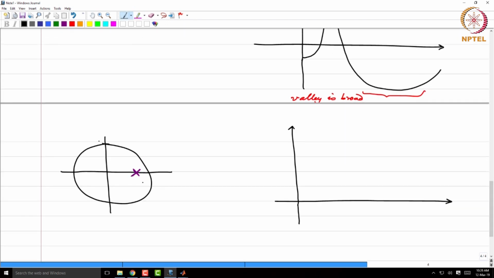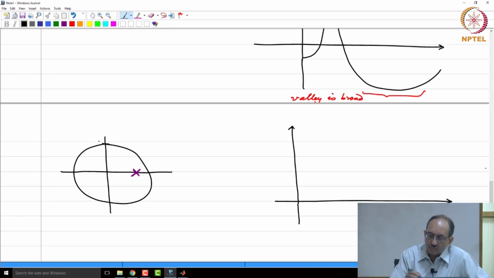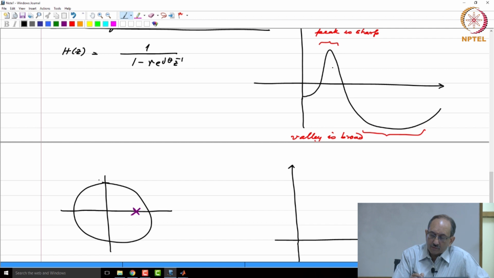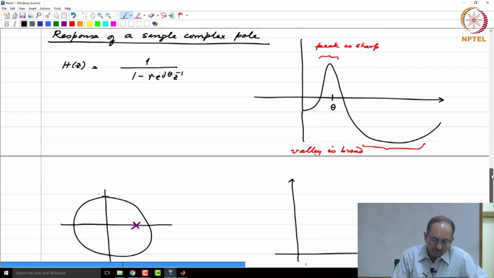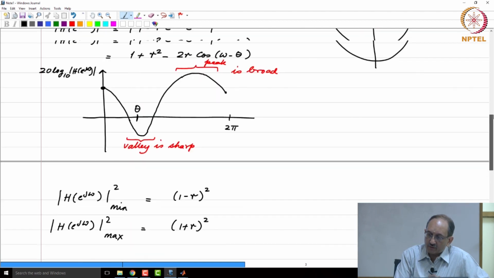So, now if you look at this response, this is similar to this. The only difference is here the peak was at theta because the pole is at r e to the j theta. Now, this corresponds to theta being 0, and hence if theta varies, if you look at this expression here,